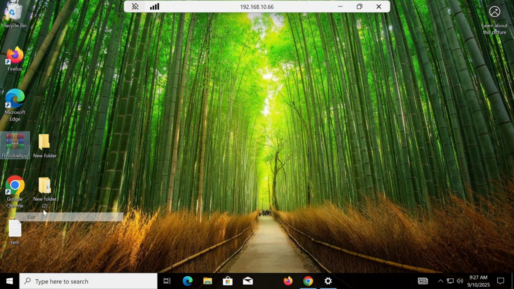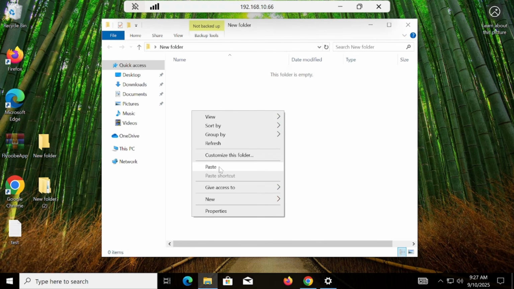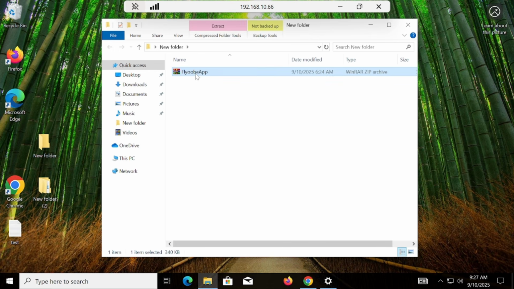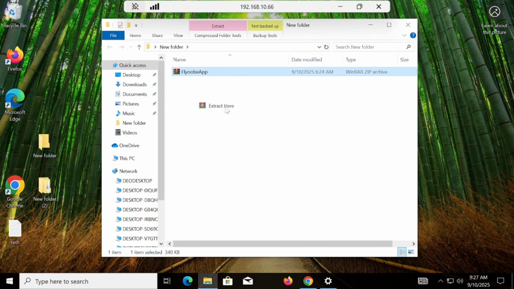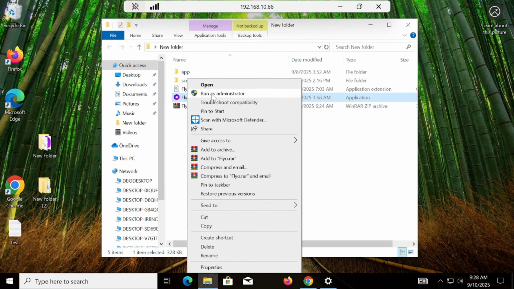Now I'm going to cut it and put it inside a folder. Now I'm going to extract here. Through this tool you can enroll your Windows 10 machine to the Microsoft new launch program, so that you can extend the life of Windows 10 for 1 year more, and then you will get all the quality fixes and security updates. Now right click on that, run as administrator,